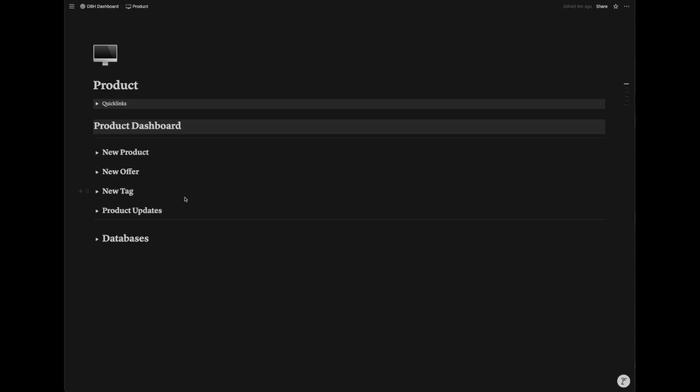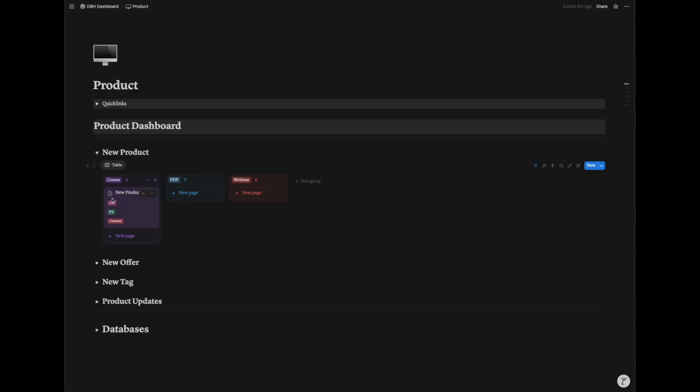So the product page is essentially built to make sure that you can create and keep track of all the necessary tags for your CRM. So you start by listing out all your products, and you can use these groups here to designate the type of product that it is. You can create a new group here. If you're selling coaching, you can just create that group here and give it a color